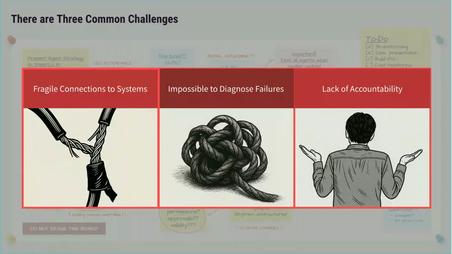Some of the most common challenges that we're seeing today: number one, fragile connections to the underlying systems that power these agents. Being able to connect to enterprise data, enterprise systems from the ground up, having that connection has been a challenge from different implementations that we've seen. Along with that, it's very difficult, and sometimes these agents are quite opaque. So being able to quickly and easily diagnose any issues or failures that have come up is key. And then, of course, making sure that for people that run these agents, someone is held accountable in the case where things do go wrong. That is absolutely crucial with these types of capabilities.